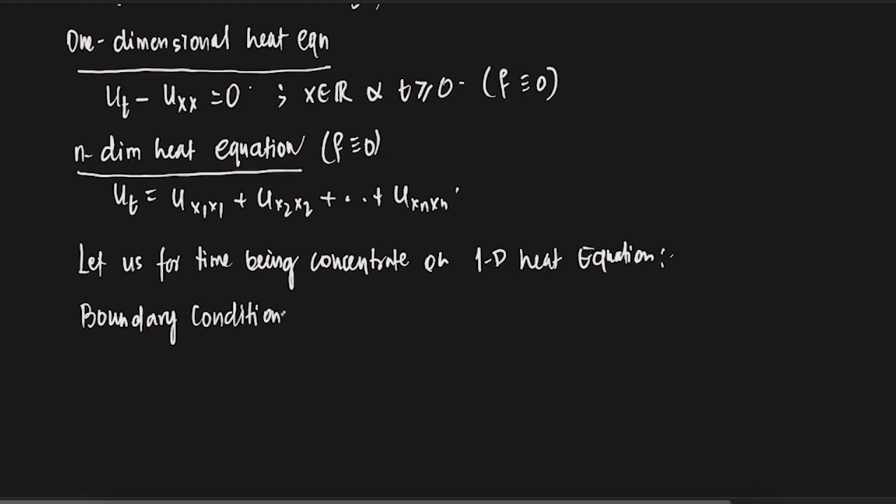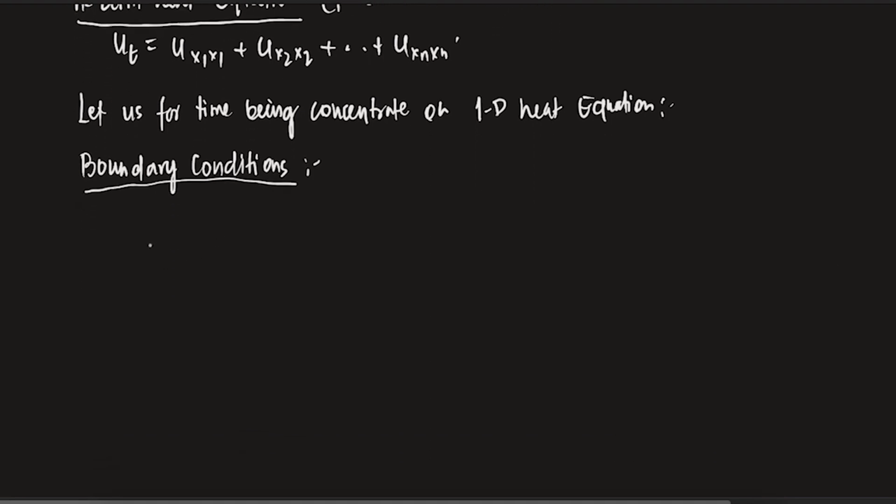Boundary conditions. Clear? What are the boundary conditions? Essentially you have this equation u_t minus u_xx equals 0. But before we look at the boundary conditions, you can guess that we do have to define what the domain is. I do not want to jump into a more complicated domain. First let's do it for one dimension, look at boundary conditions, and then go from there to higher dimension. That will make things easier because, to be honest, heat equations are a little tricky. It's not easy like a Laplace equation.